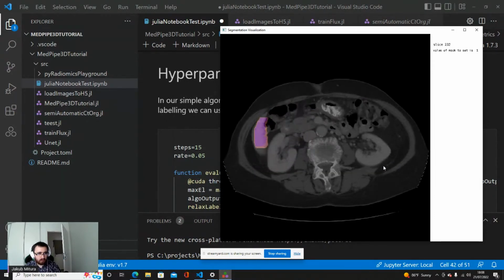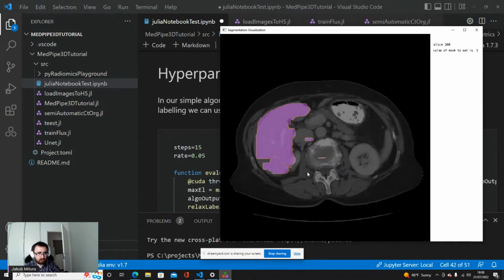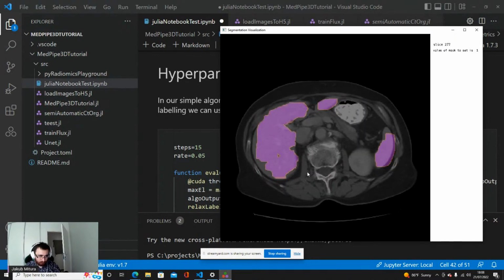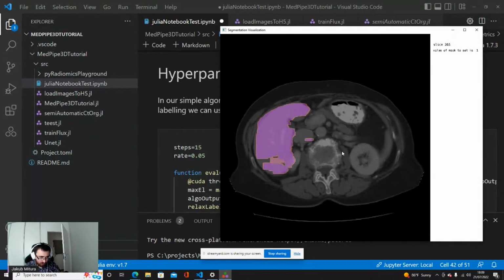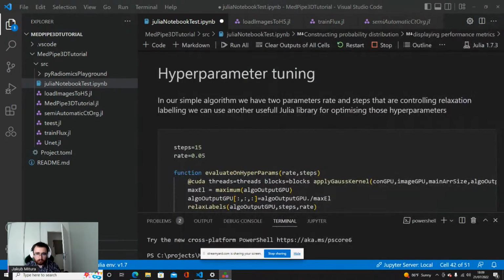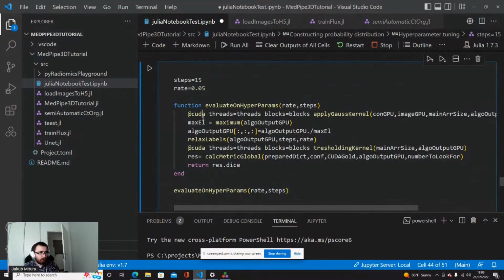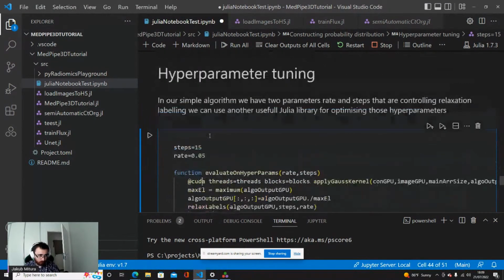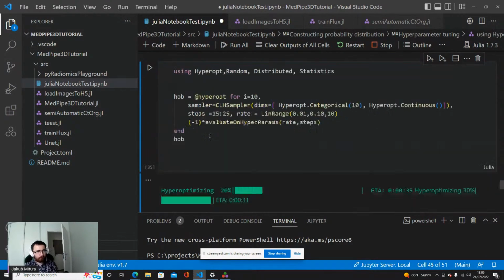In some cases there will also be a lot of artifacts in other places. As I said, this is not something that was created to work extremely well, but we can get better, a bit at least. We can do the hyperparameter tuning. The hyperparameter tuning is also very well established in Julia.